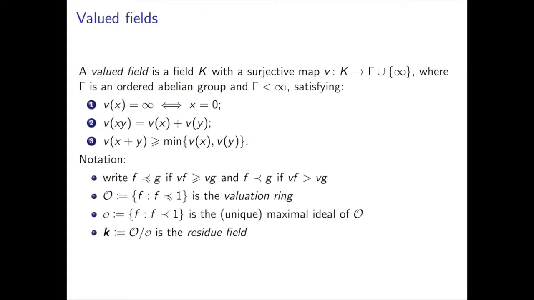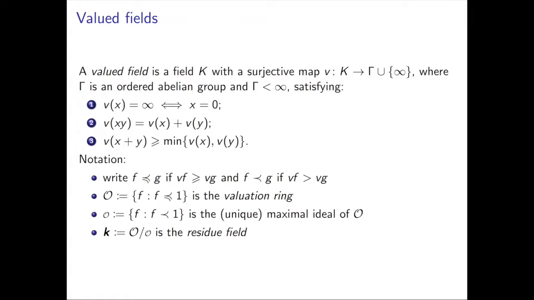Because this standard definition in valuation theory is kind of annoying to wrap your head around, everything is kind of flipped in terms of how you would like it. So I'm going to use this other notation, which I think at least helps with some of these terms, at least this dominant symbol. So I'll write f bounded by g, or dominated by g, if the valuation of f is at least the valuation of g, and similarly with strict domination. So you should think of f bounded by g as saying that f grows at most as fast as g towards infinity.